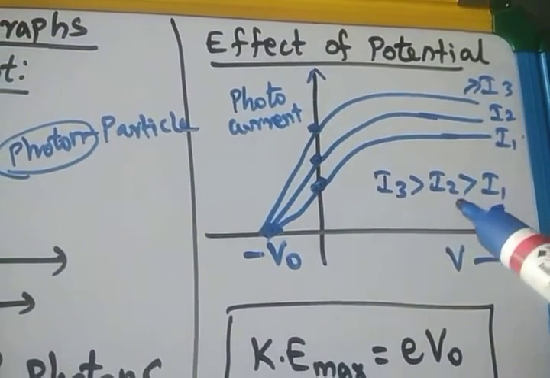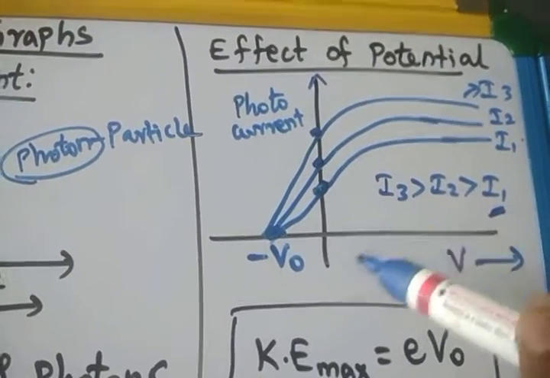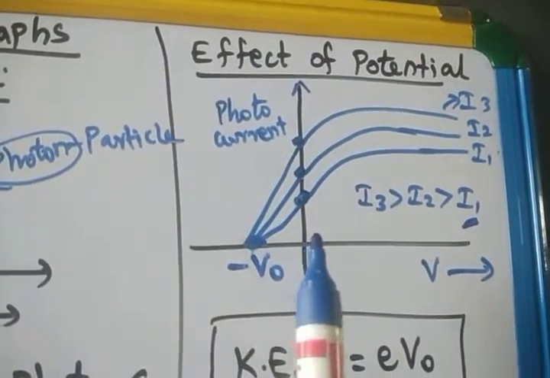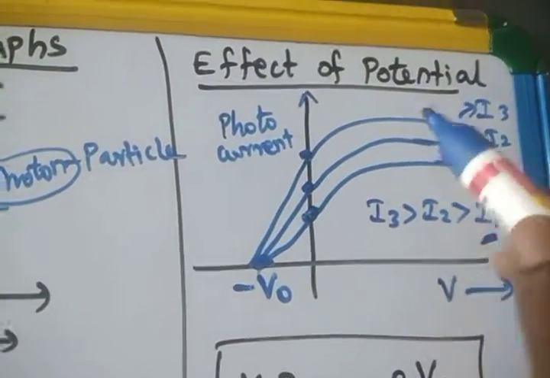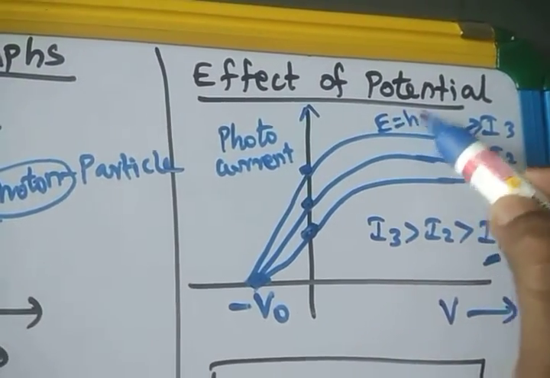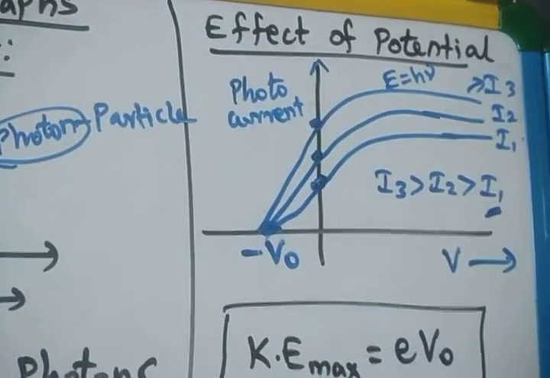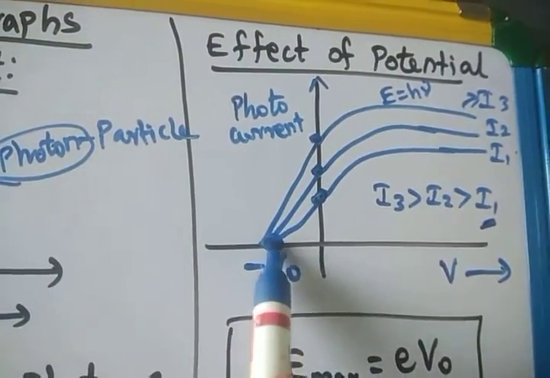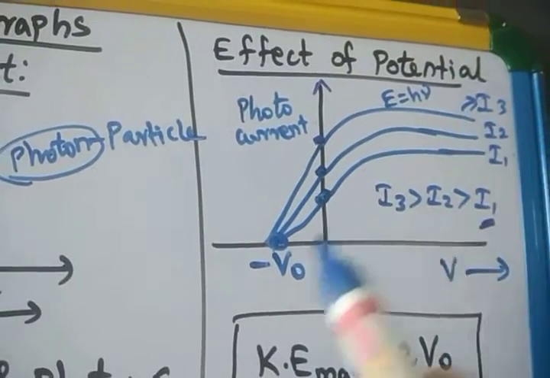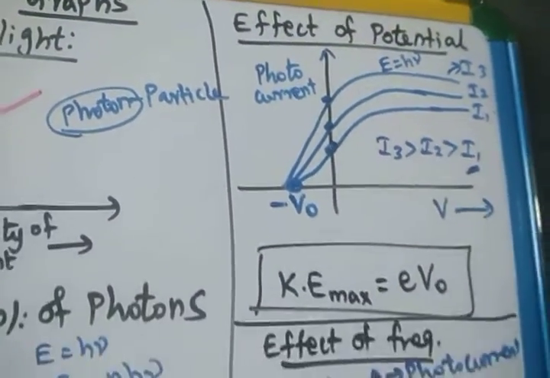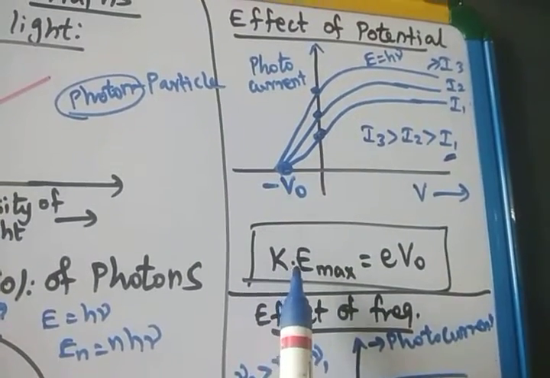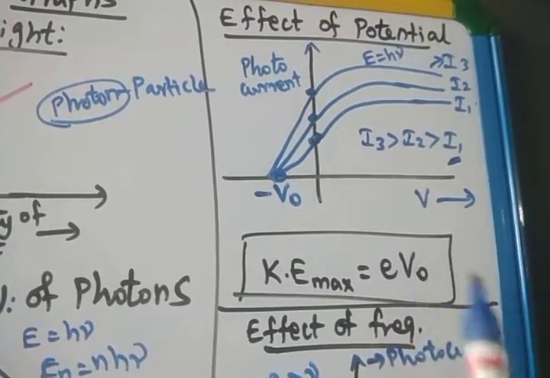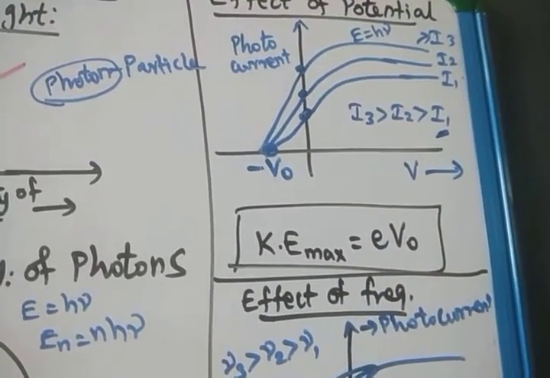But if you apply the stopping potential, the reverse potential, the energy never depends upon the intensity of the light. The energy will depend only on the incident radiation frequency. So this is a single frequency, either ultraviolet radiation or X-ray or gamma ray, one single radiation with different intensities. All these three radiations with different intensities have the same stopping potential. That's why we come to the conclusion that the kinetic energy of the electron will be equal to eV0, where V0 is the stopping potential.